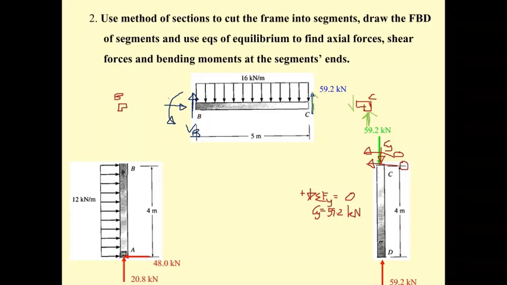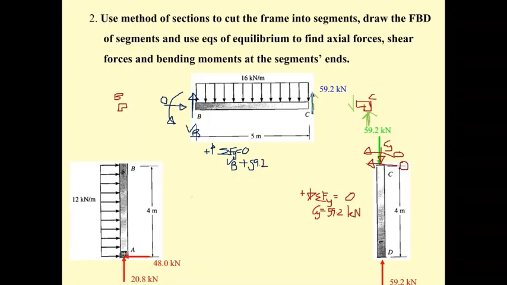And if you do the summation of F sub x equal to 0, this horizontal force is going to be 0, since there is no horizontal force here. Okay, and if you do the summation of F sub y equal to 0, you will get what? The V sub B is upward. So the upward is going to be positive. You're going to have V sub B, and then 59.2 also plus,